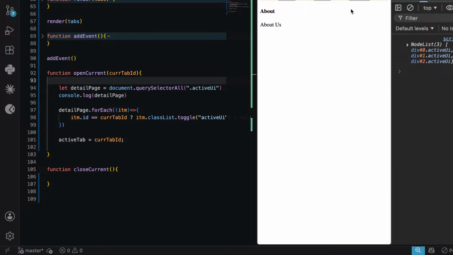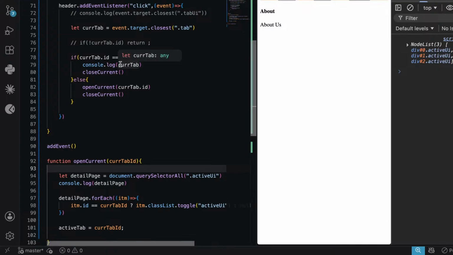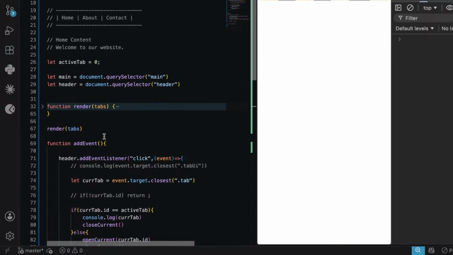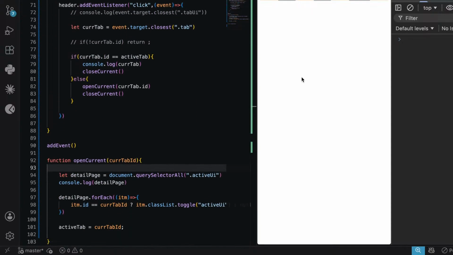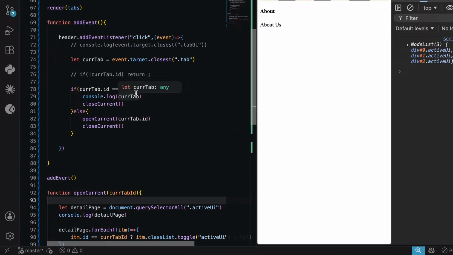Current is open, current is working fine. Let's close current. So what we are doing is, if the event is current tab, if active ID, which is first of all zero as active ID, right? So by default it should be rendering, but we are going to see this later. Okay, now if active ID equals current active ID, else what will we do,